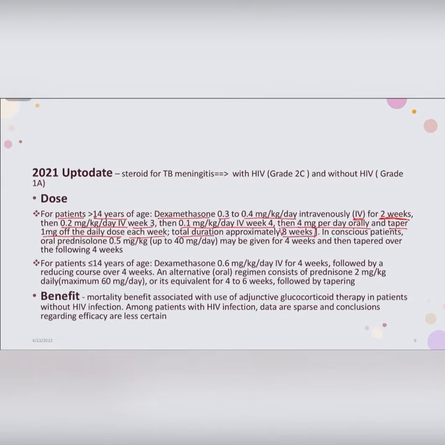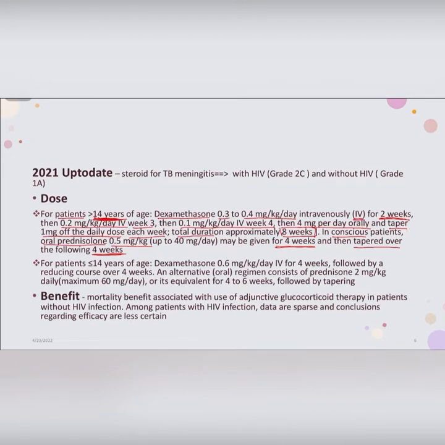If the patient is conscious and can take orally, we can give oral prednisolone 0.5 milligram per kg, up to 40 milligram per day, for 4 weeks. This is for the first 4 weeks, and then we'll taper over the following 4 weeks. This is the steroid treatment in patients with TB meningitis who are over